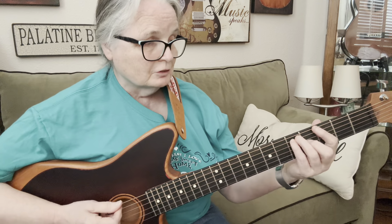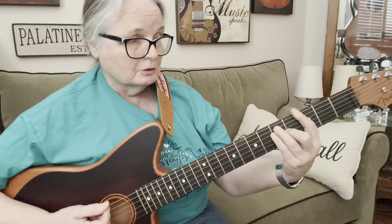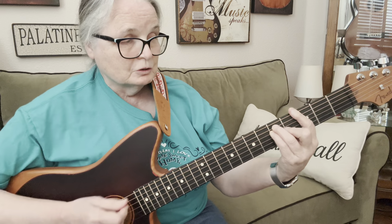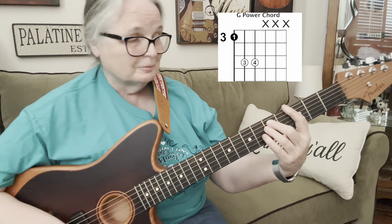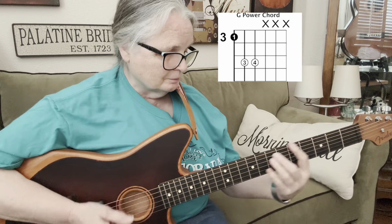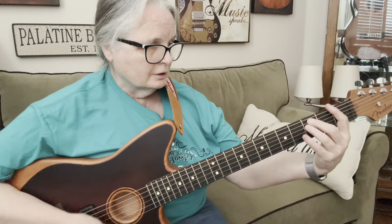Remember, if you bar this here, you got a G chord, right? It's that same thing as here. You bar this, you got an F chord. You bar this, you got the G chord. Well, you can take part of it, that same formation, and it's the G, okay? So now we got C, F,